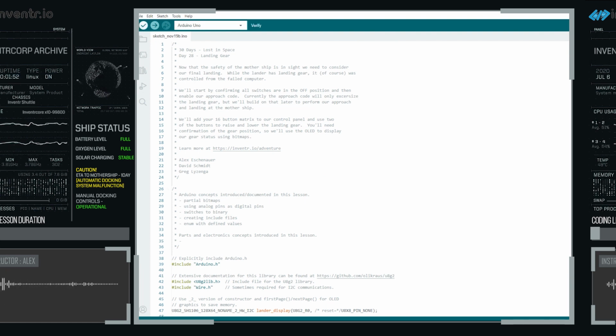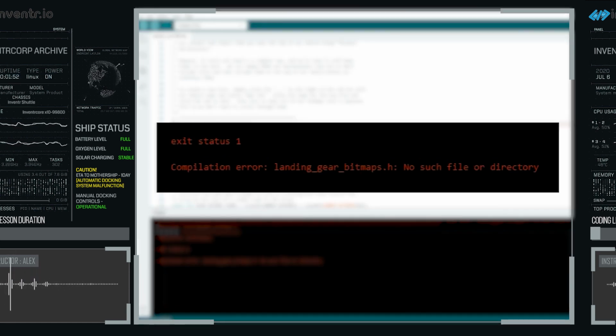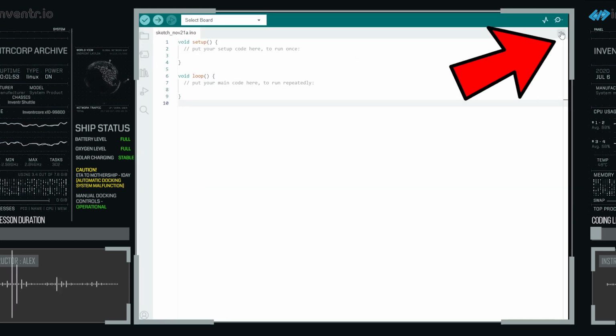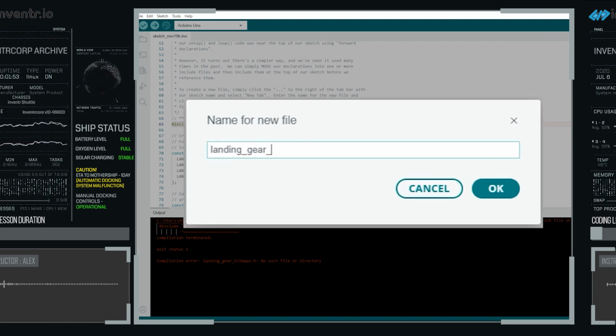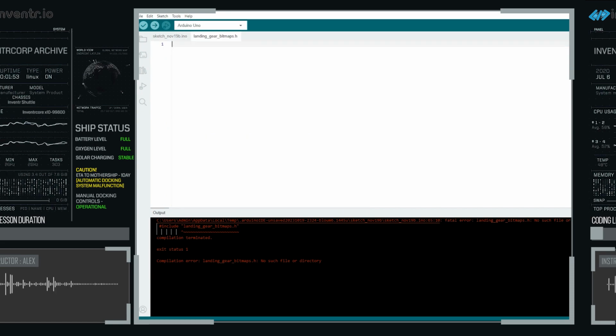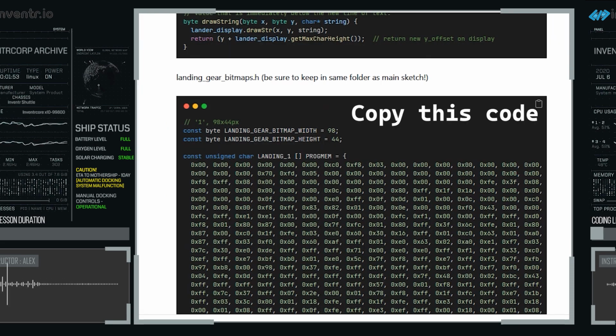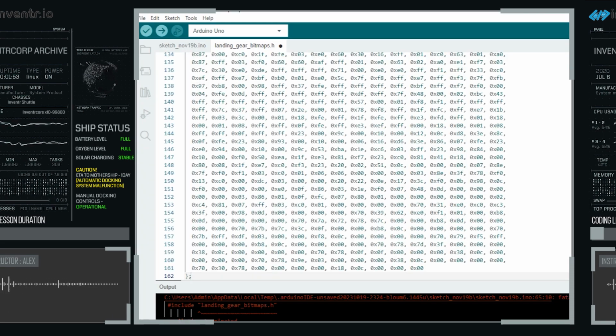now we've copied this, we can hit verify, and oh, look at that! You got an error here. And if you're getting this error, it's because you need to go up to the top right, hit new tab, and type in landing_gear_bitmaps.h. Hit enter, make sure you copy the code from that other file, and make sure you paste it all